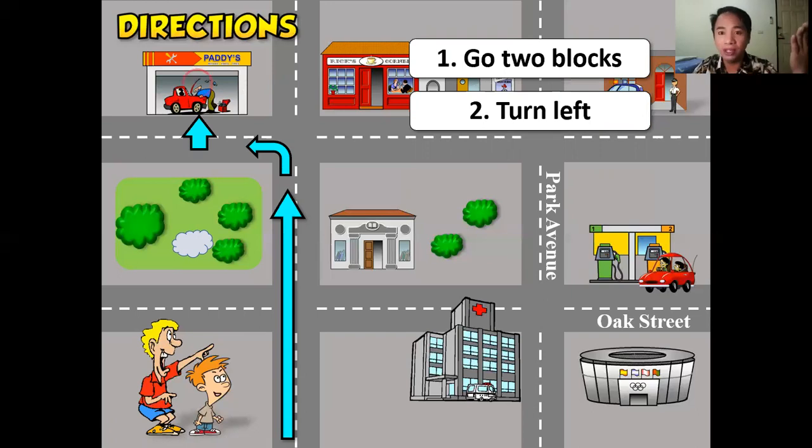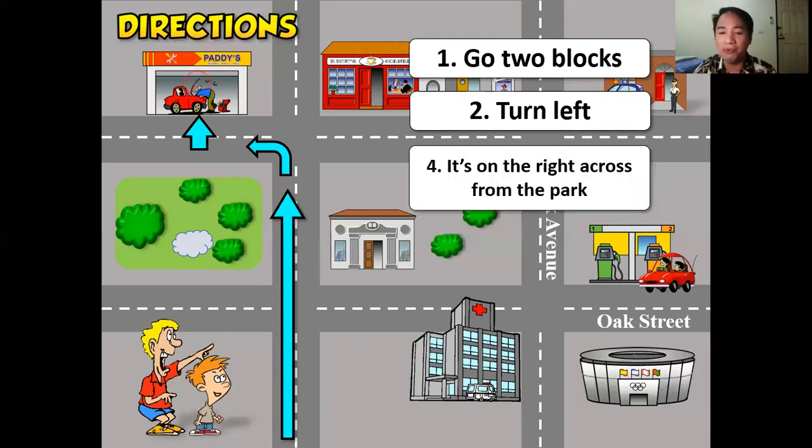To make it not more complicated, right? So you can say it's on the right side of the road, or you can say here, it's on the right across the park, because the nearest landmark near to the garage is the park, okay? So you can say it's on the right across from the park, or you can say it's on the right side of the road. That's it. And then you can now locate the garage, okay? So that's how you give